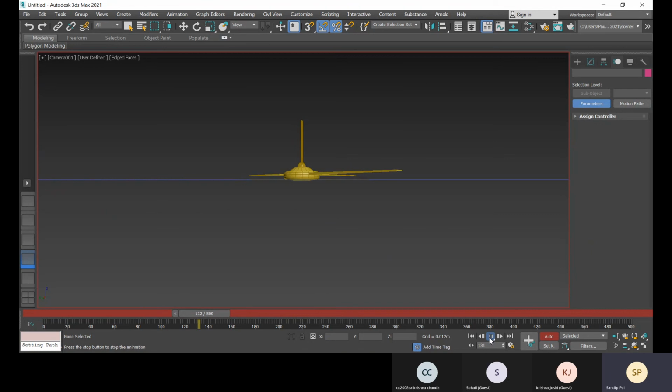That camera will have that animation. Okay, so this way you can create an animation walkthrough. Okay, and about the link file option, I will cover that later.